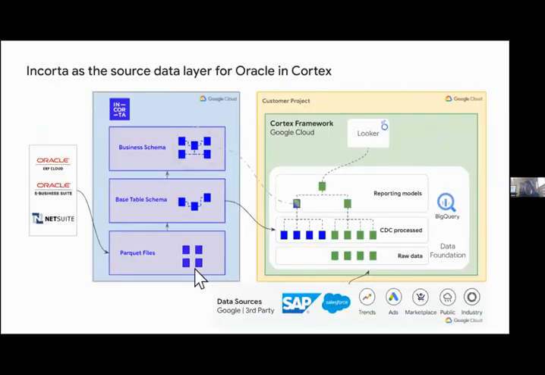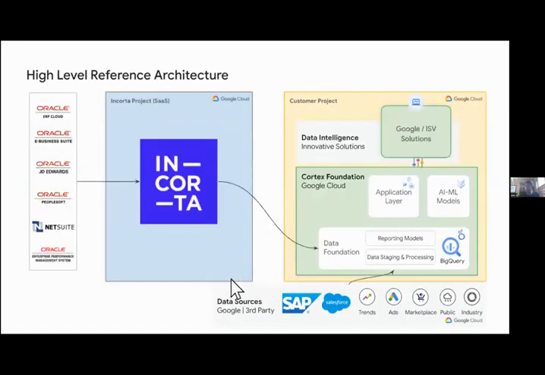To recap our high-level reference architecture here again. Incorta has a lot of connectivity options with regards to Oracle sources. So there's Oracle ERP Cloud, eBusiness Suite, JD Edwards, PeopleSoft, Oracle NetSuite, Enterprise Performance Management System. And so Incorta serves as the data layer to ingest that data into the data foundation of Google Cloud Cortex,